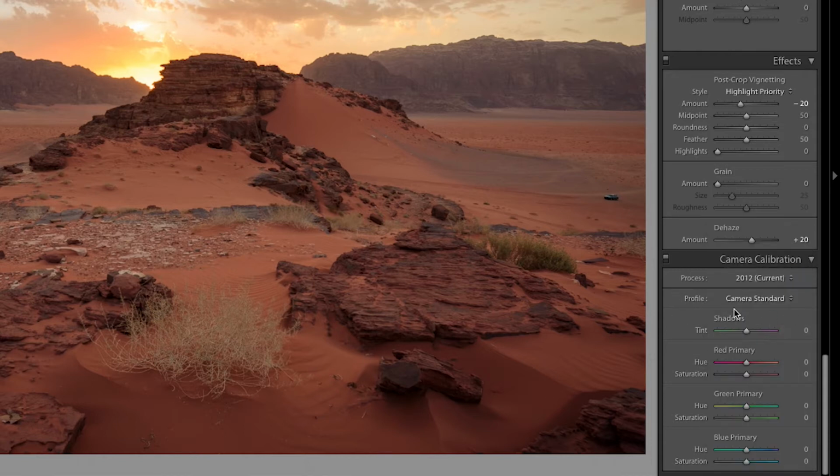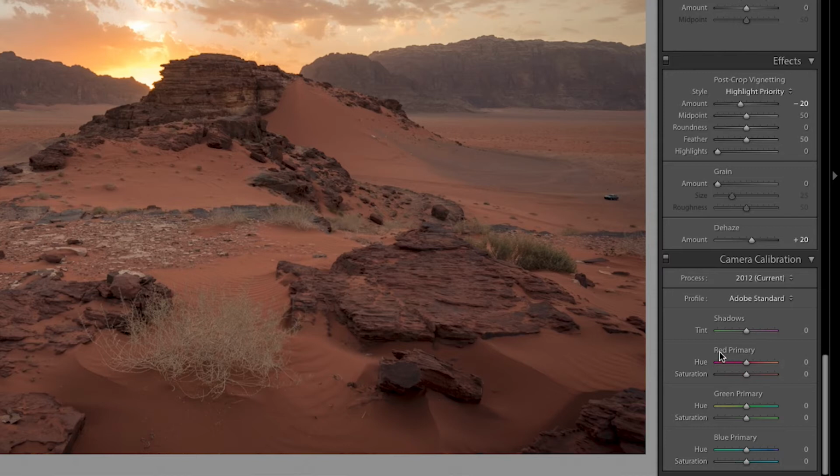Now there are a few other settings that we have here which you can actually play with, and in some cases they can give you interesting results. So let's go ahead and switch back to Adobe Standard to how we had the image before, and you've got a few options here. You've got tint, red primary, green primary, and blue primary. And you have the control over hue and saturation. Now you might think, what is the difference between the options here and the HSL options that we showed earlier? Well, the difference here is that this is trying to calibrate the look of the image without actually going into those specific settings. So if you change anything here, this is going to be on top of all the settings and changes you made before.